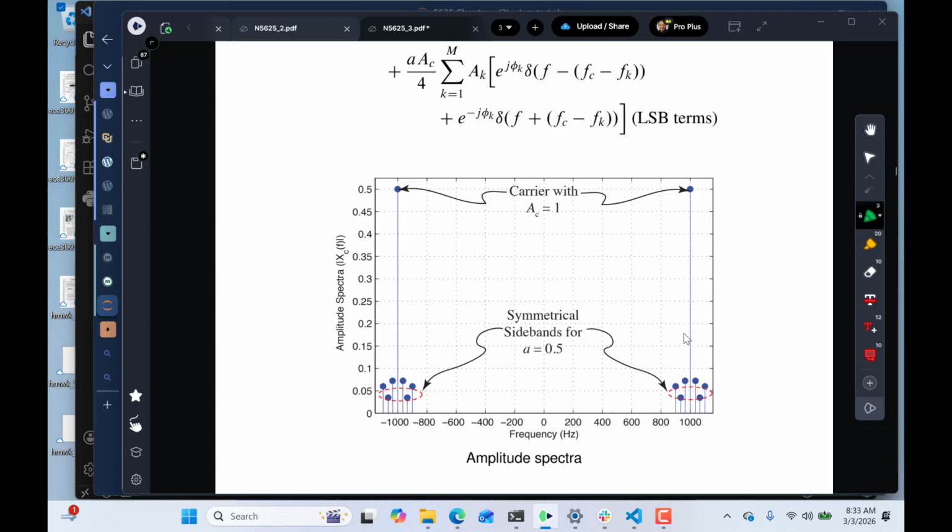The carrier is just huge because it's trying to make sure we're staying above zero, and this is at 50% modulation index. If we went up to 100%, took A up to 0.5, this would come up a little bit, but still the carrier is just massive. So I'm trying to impress upon you the fact that with AM, it's easy to receive, but we're putting a lot of power into the carrier. Not enough to fry your brain when you're a long ways away from the transmitter, but friends of mine, I